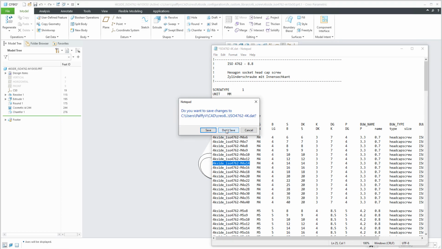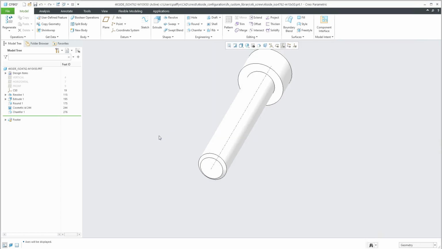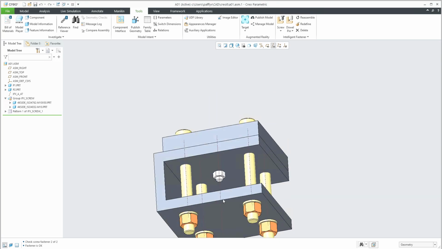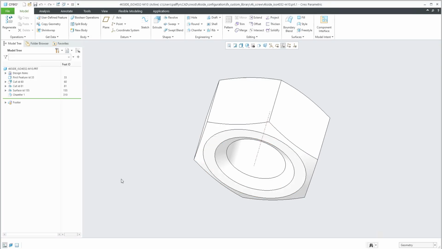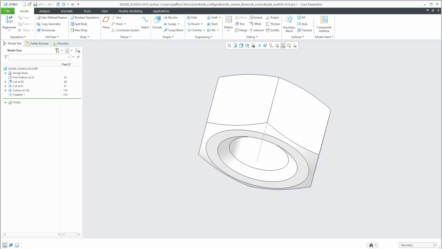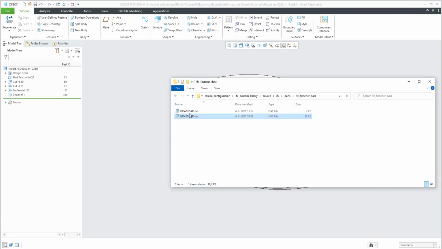And if I close this file because I don't want to use it right now, it's the same for the nut. So if I open the nut over here, we can see that right now we have two surfaces. And if I check the file that I have mentioned here, so for example, the screw 4032, and